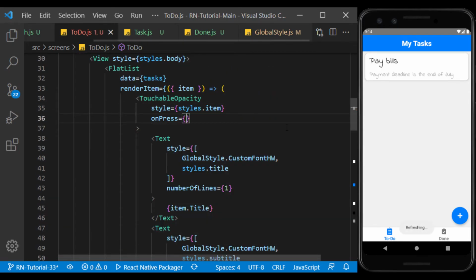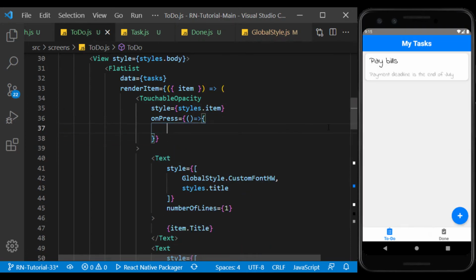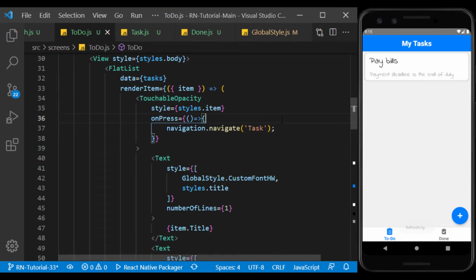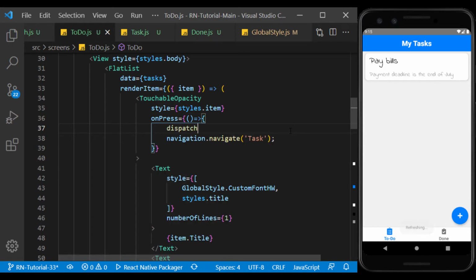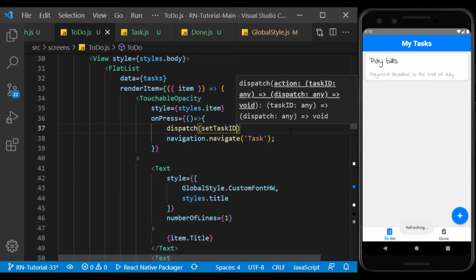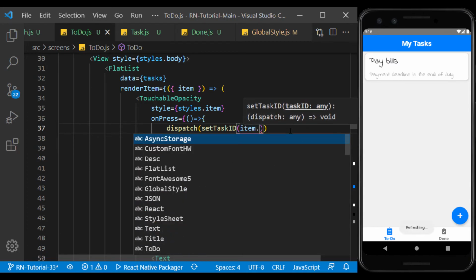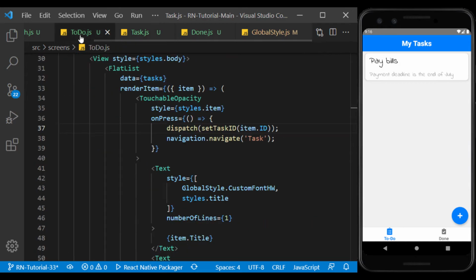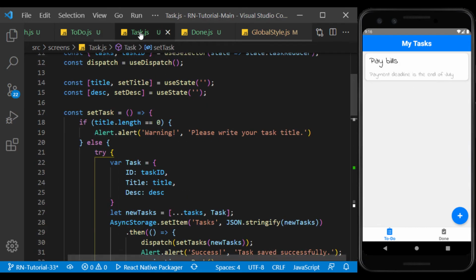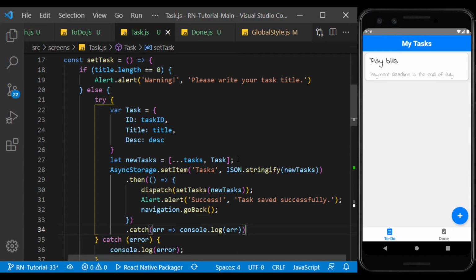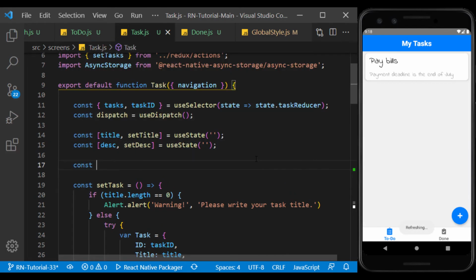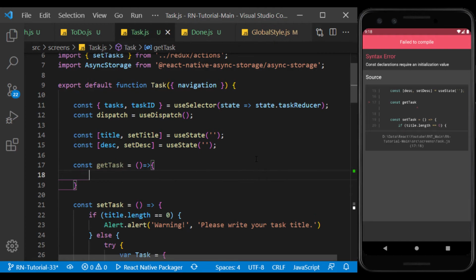Now I specified that by touching each item, we go to the task details page. And I save the task ID in that item in the state. Now, after entering the task page, using the function that I create, we will find the desired task from the list of tasks with the help of its ID.